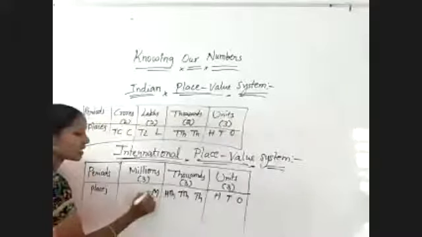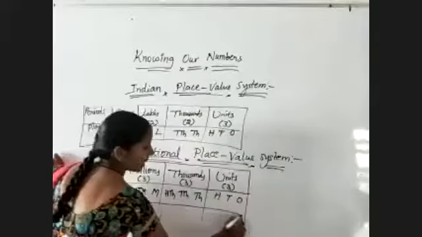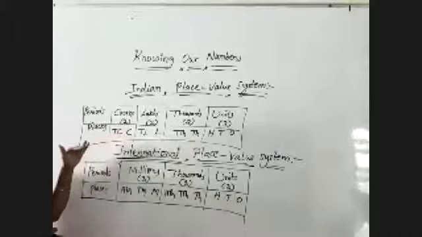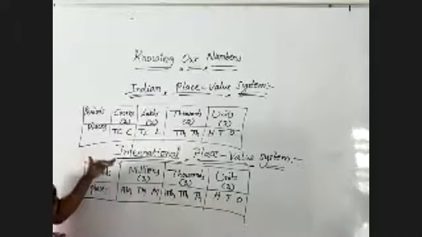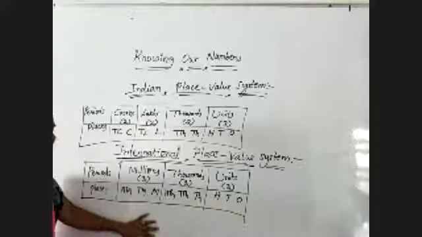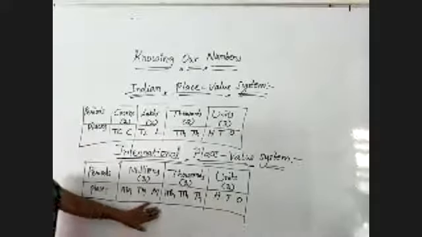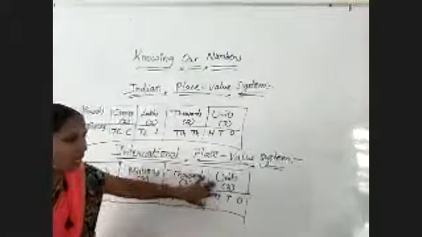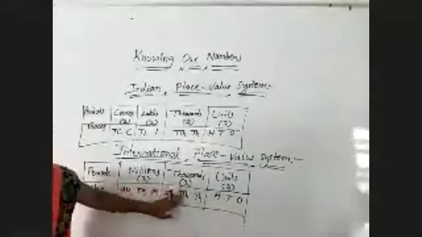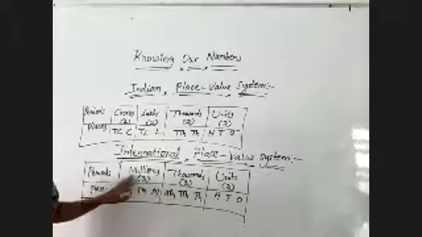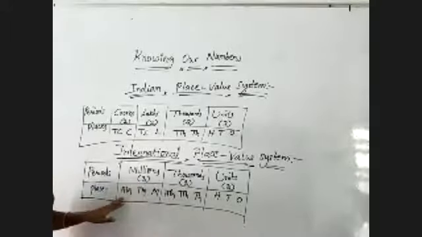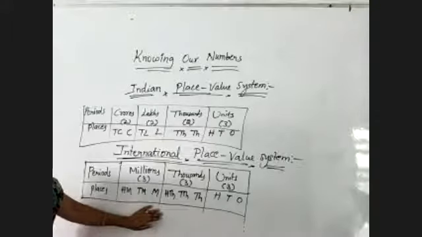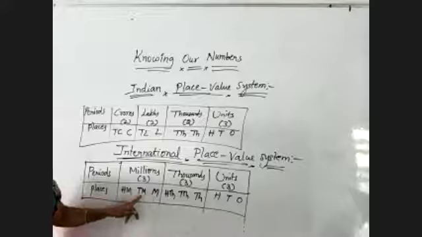So here each period has three digits. In the Indian place value system, except the unit period, all the remaining periods have only two digits, two places. Coming to the international place value system, every period has three digits. The unit period has ones, tens, hundreds places. The thousands period has thousands, 10,000, 100,000. The millions period has millions, 10 millions, and 100 millions. So if they ask what places are there in the millions period, you must say millions, 10 millions, 100 millions.